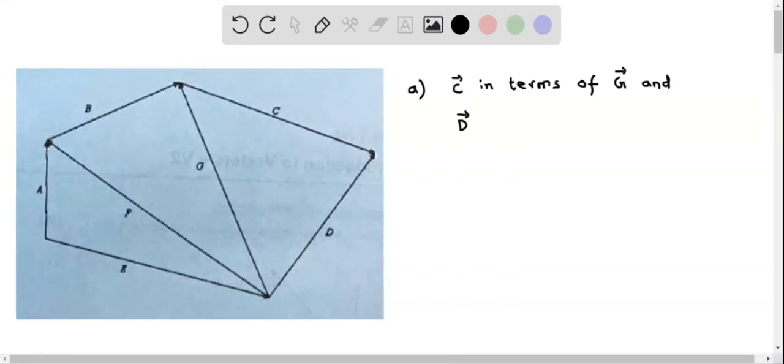Let's do part A. Here we write C vector in terms of G vector and D vector. So here we have this pentagon, and in this we see that the G vector are represented by this triangle. We have this G vector, this is C vector, and D vector. So we can consider this a triangle enclosed by these three vectors, and here we can apply the triangle law